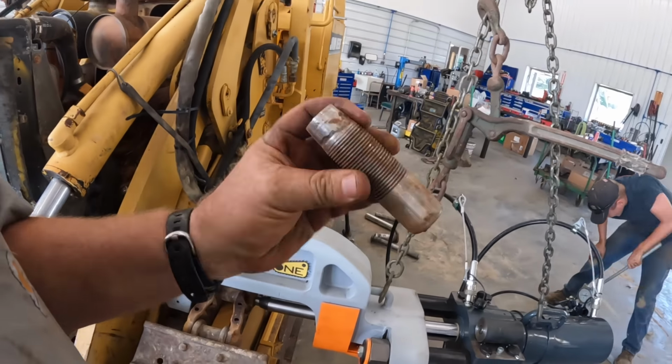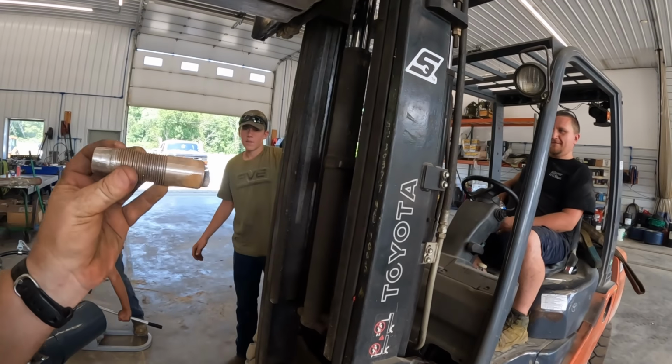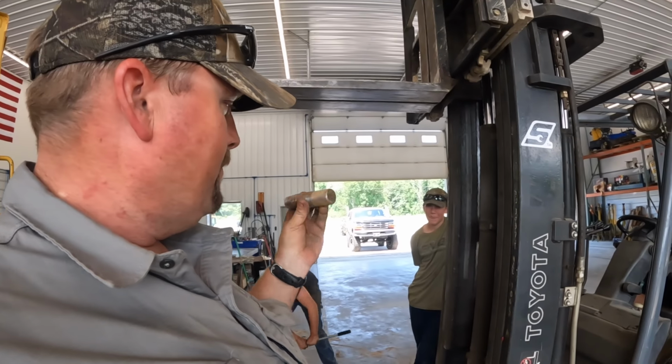So here was my little lineup pin I made. It's got a taper on it. You guys know what this is from? Hunter? Oh, I know that. It has to do with the hydraulic cylinder. If you guys can guess what this piece came from, it's off...